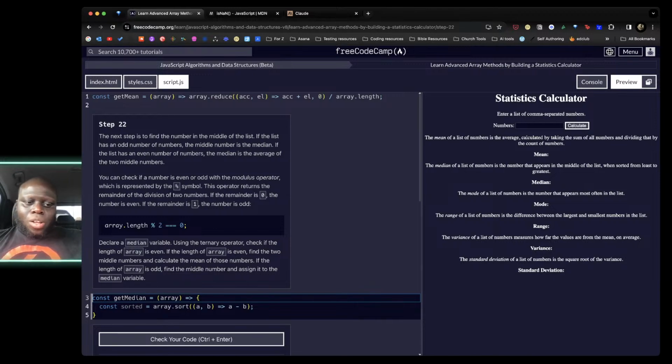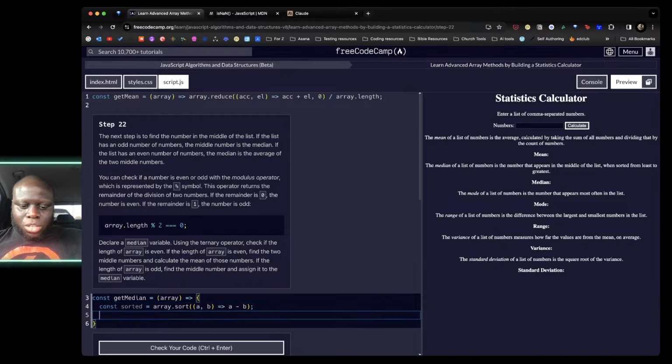Okay, so let's start with the median. Ternary is condition... is it length? What am I looking for? Yeah, it's length, isn't it? Array.length is equal to strictly 0. And if that's the case, then